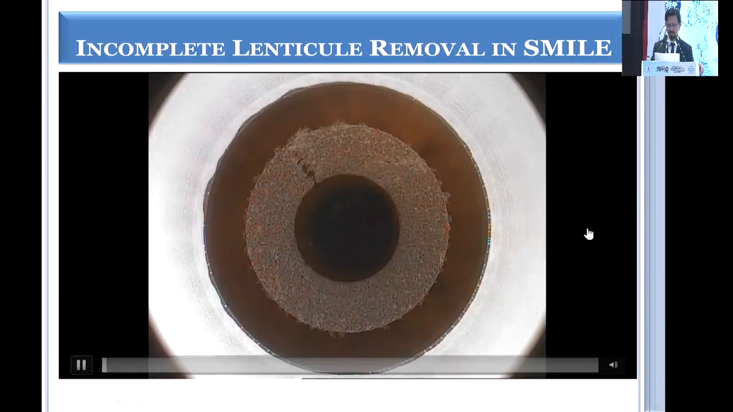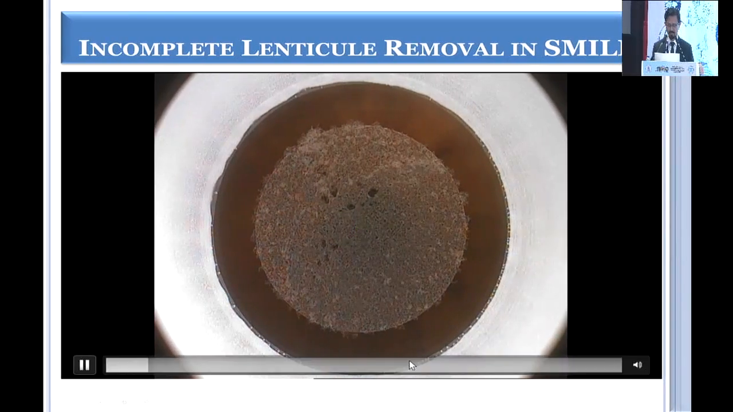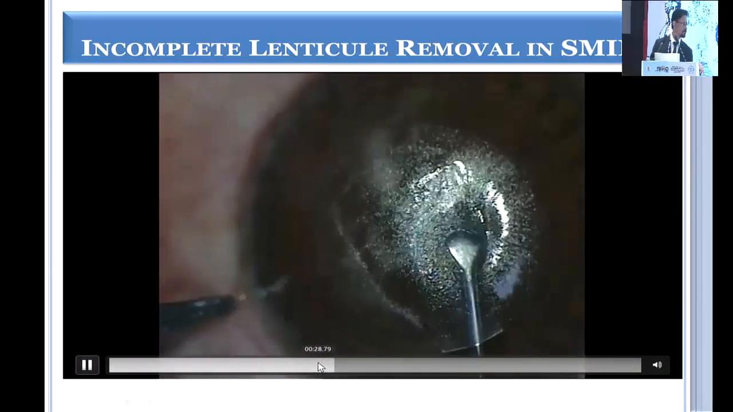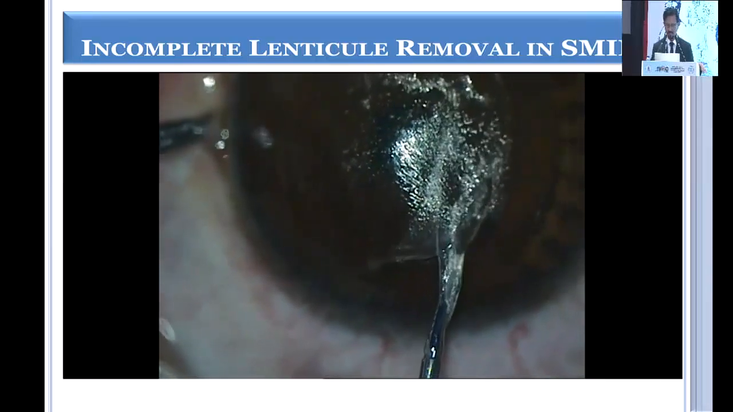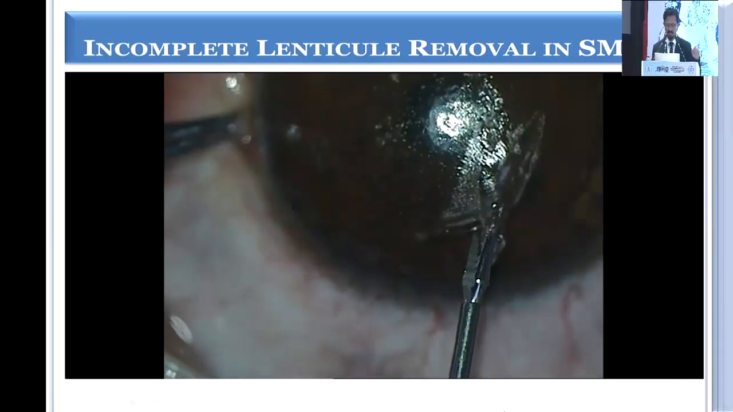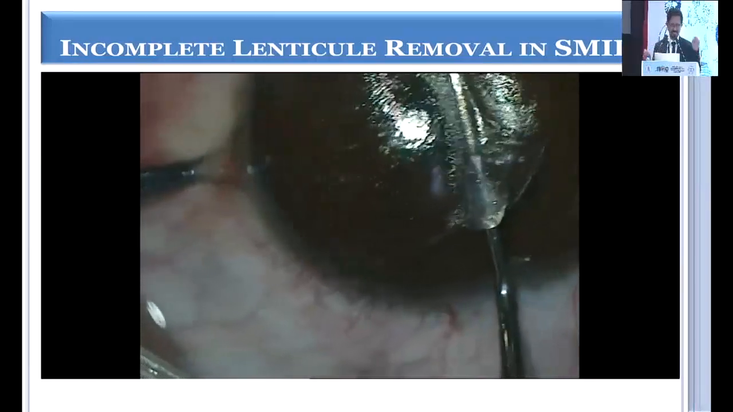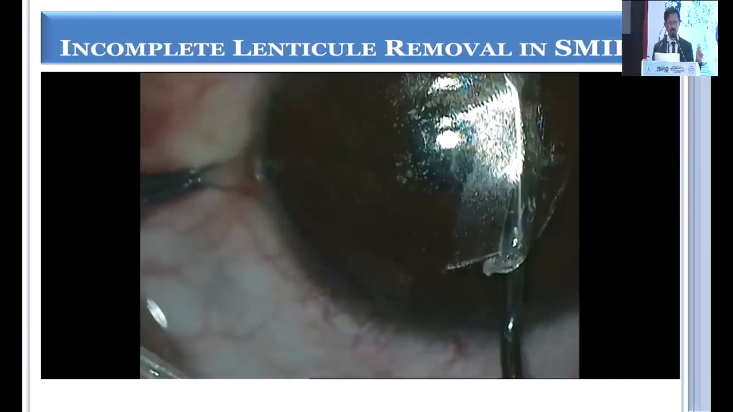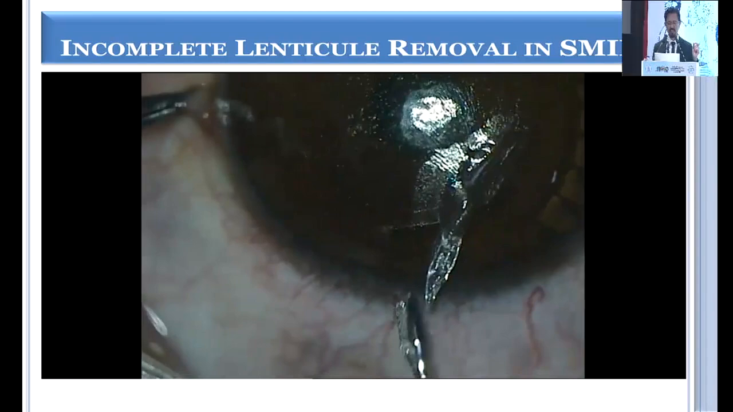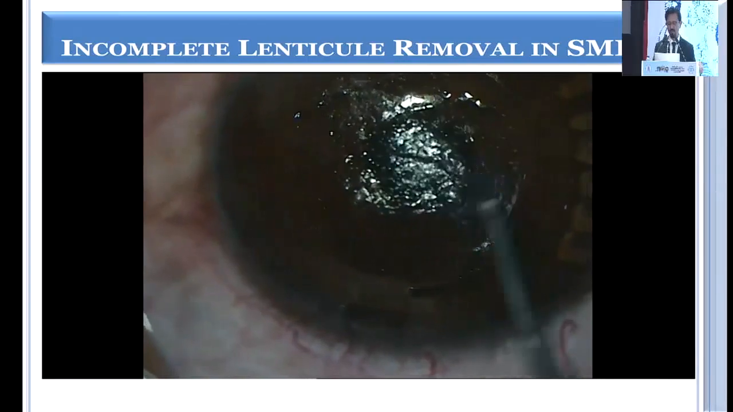There can be incomplete lenticule removal in SMILE, and that can happen because of incomplete dissection. In such cases, what you can do is stain. It is not advisable to pull the lenticule, because these are thin lenticules. If it is adhered and you pull it too much, there is chance of it tearing up, and then you will have a risk of some part of the lenticule left. As you can see here,